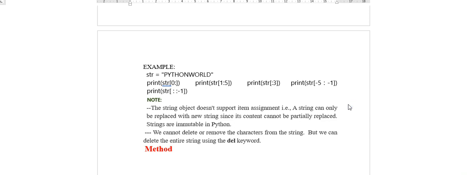In this video, I'm going to explain some methods in the string. In my previous video, I explained about the string. So in this video, I'm going to cover the methods. Before going further, I will be explaining some important points. So in the string,